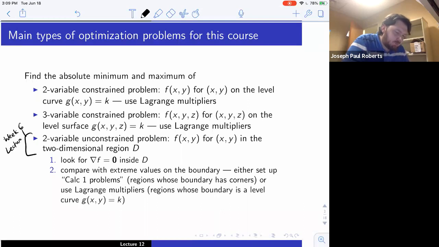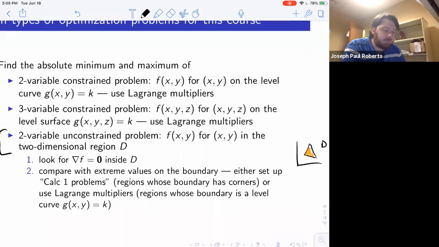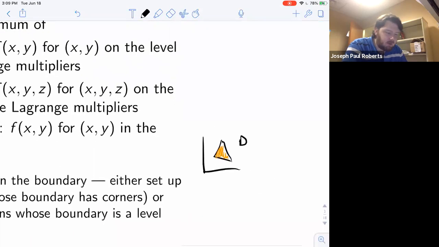That was when our domain for x and y was a two-dimensional region in the xy plane. The example we did was a triangle, and I think we also did a quarter disk yesterday. But it's all about the domain of our x and y. And we called this unconstrained because the idea was that if you pick a point that you care about, all